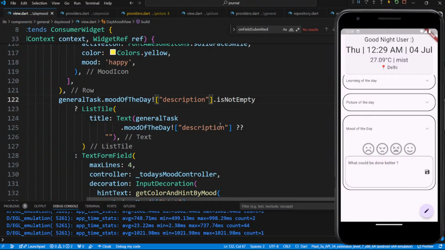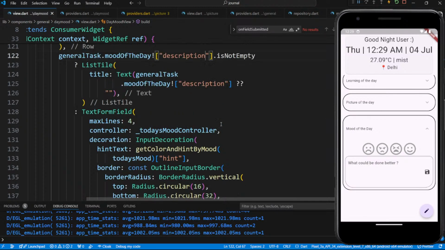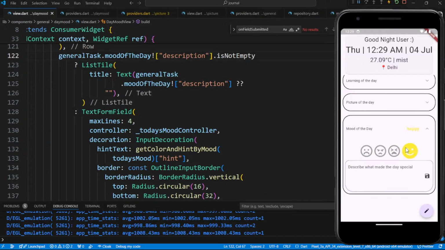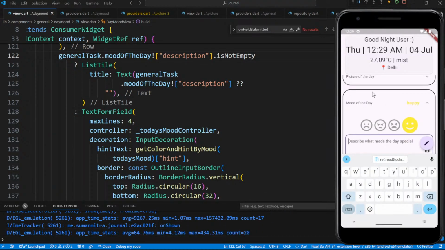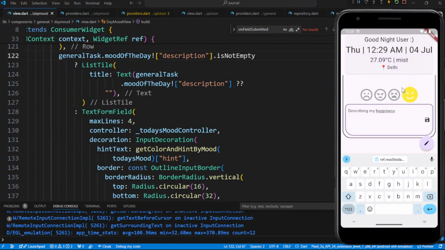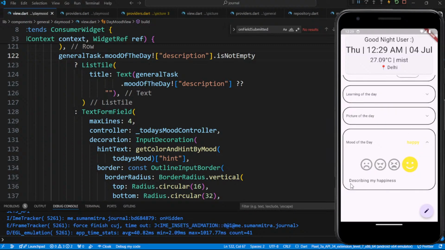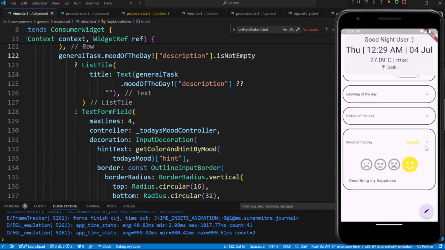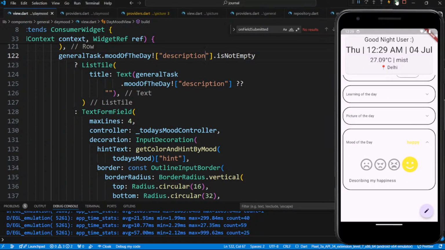And when you click on save, you should be getting something. Okay, so now if I click on happy, and here I describe my happiness and click on save, it should get saved and I should be getting something like this. I close it, open it, it's still on this. If I reload the page,